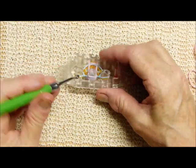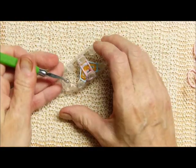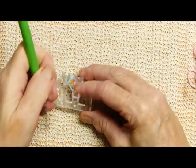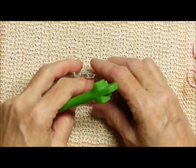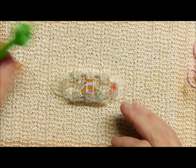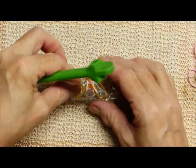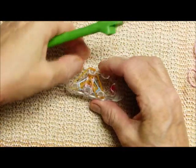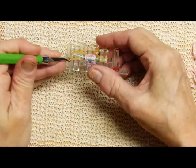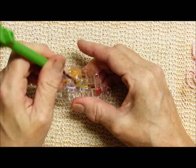Okay, so then we place the A color, bring it over, and then come on this side and just take the bottom band, bring it over. So now we're going to do our two C colors again. And you can always make sure you're on track, because on this side the bands that you put on top will be also the same color as the bands you bring over. The left, the right,